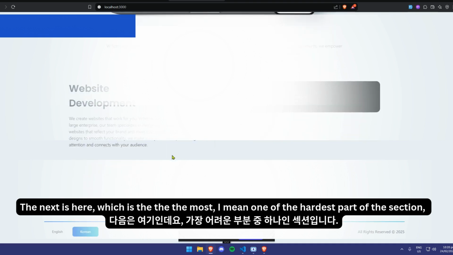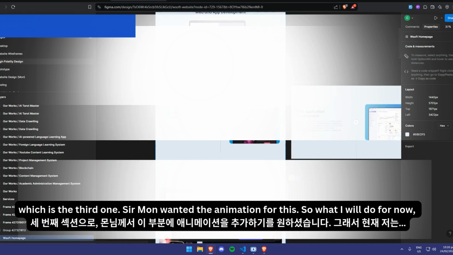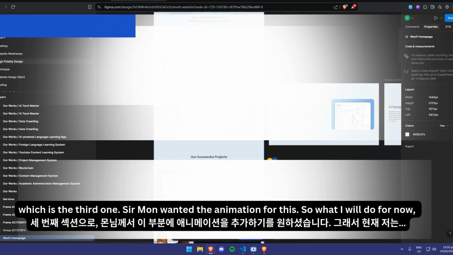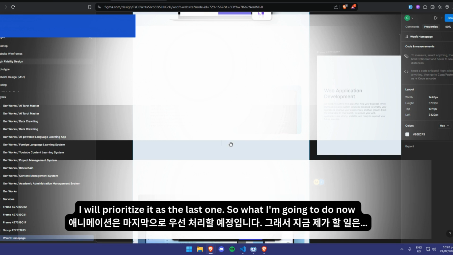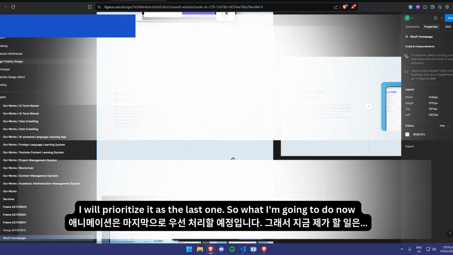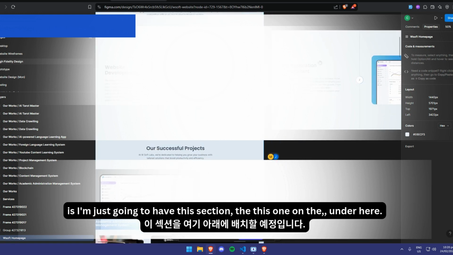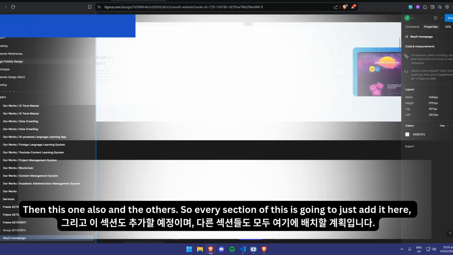I mean, one of the hardest parts of the sections, which is the third one, because Sermon wanted the animation for this. For now, because I want to make the animation the last one, I will prioritize it last. What I'm going to do now is just have this section, then this one under here, then this one also,